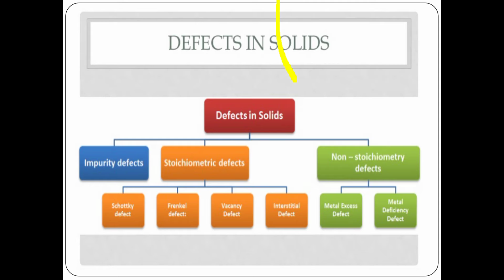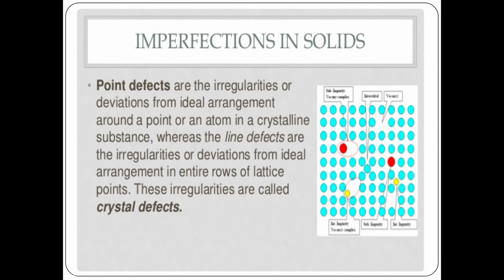Sometimes it is pronounced stoichiometry and in some places it is pronounced differently. So stoichiometric defects and non-stoichiometric defects will come under point defects, and we'll see them in more detail. So we'll start with imperfections. Point defects are irregularities or deviations from the ideal arrangement around a point or an atom in a